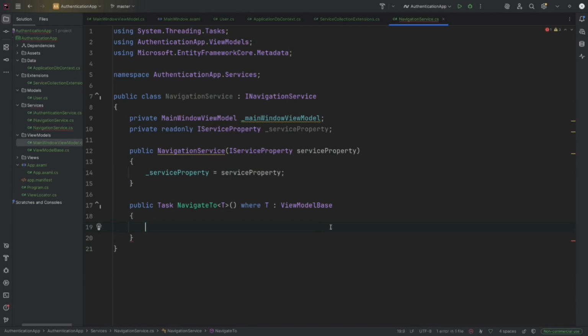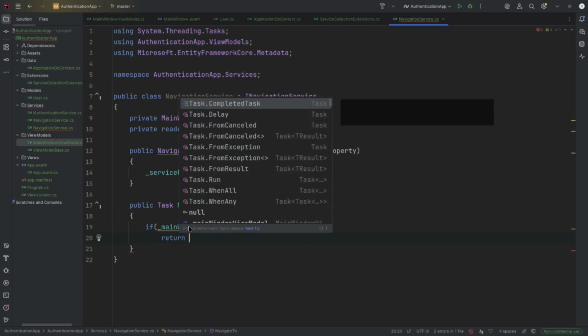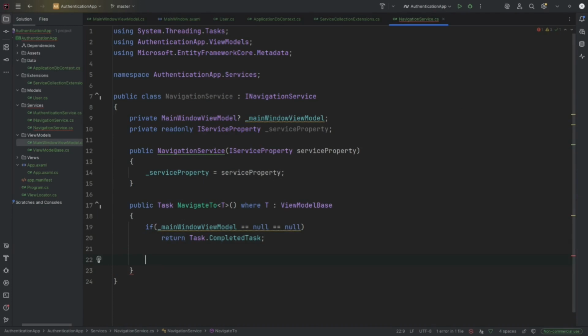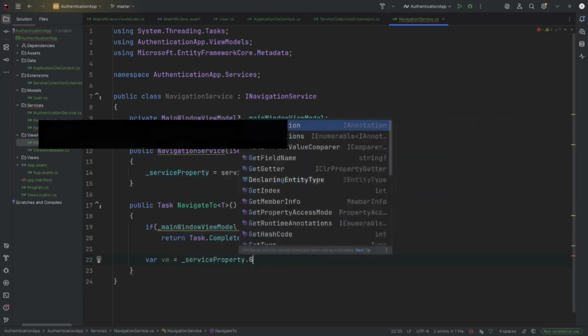So here first we need to check if the main window view model is not null. So here if main window view model is equal to null, we're going to return Task.CompletedTask, and then here we're going to get the required service from the T here, which is a view model. So we're going to get the required service from the view model. So let's call it VM, is equal to service provider dot get required